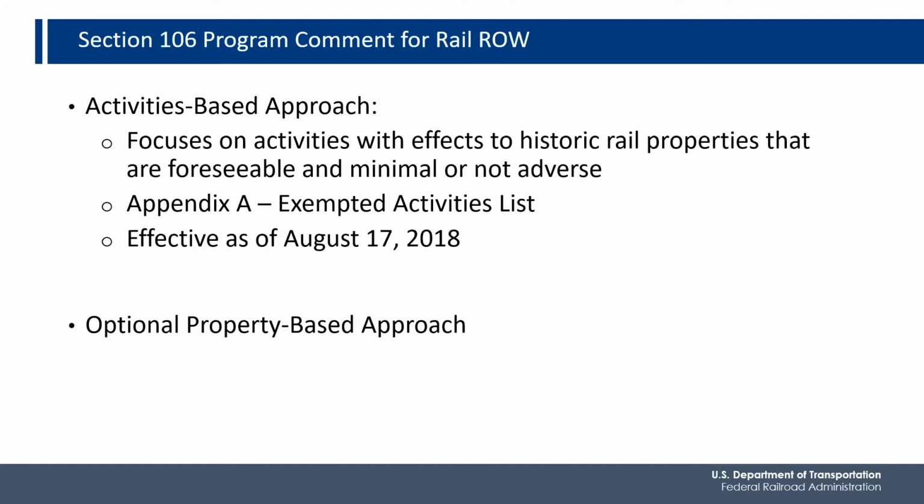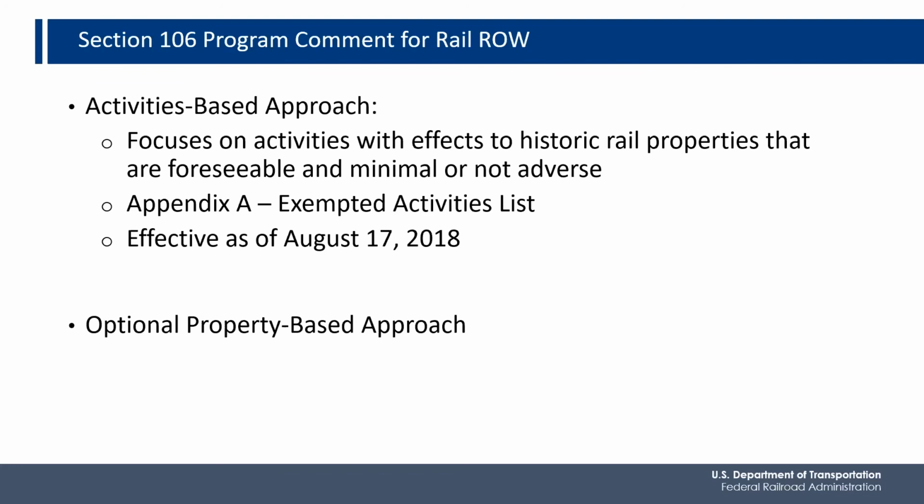However, there are significant dissimilarities between interstate highways and the railroads, which resulted in differences between the highway exemption and the program comment that was issued for rail right-of-way. One of the main differences is that the nation's railroads have a much longer and more varied history than the interstate highway system. As a result, a wide variety of repair, maintenance, and upgrade activities are exempted from Section 106 review under the program comment for rail right-of-way. However, entire rail lines and the nation's rail network are not exempt like highways.